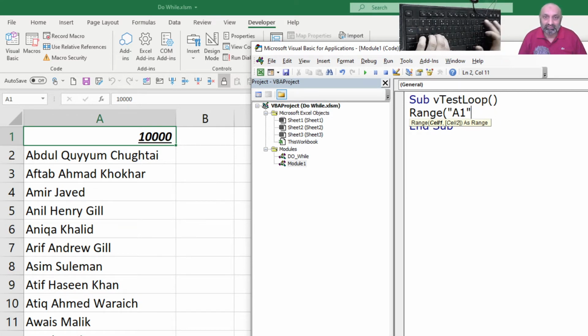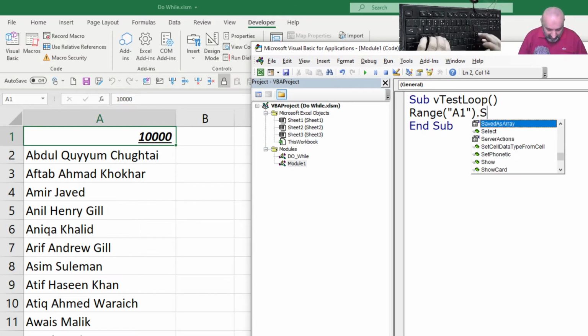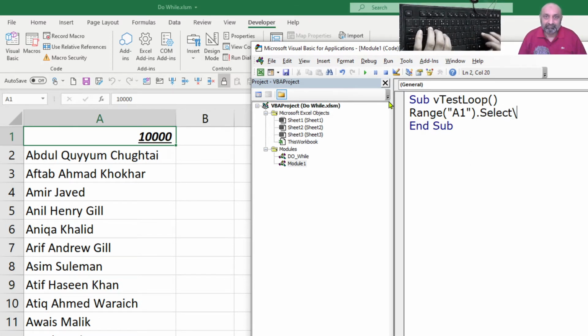Dot Select. And then our loop will start: Do While. I'm making lots of mistakes today. While what?